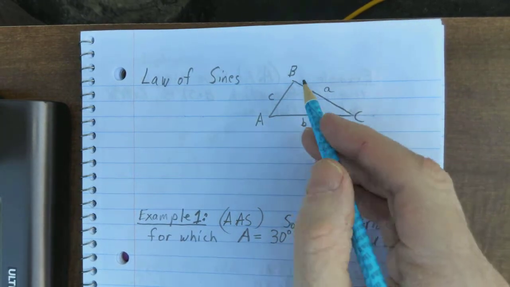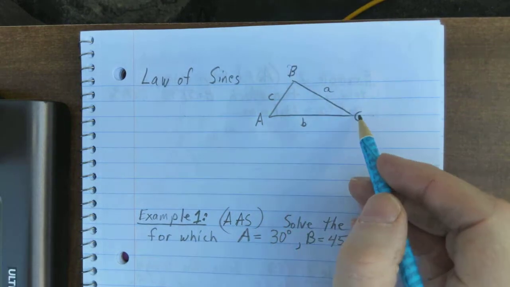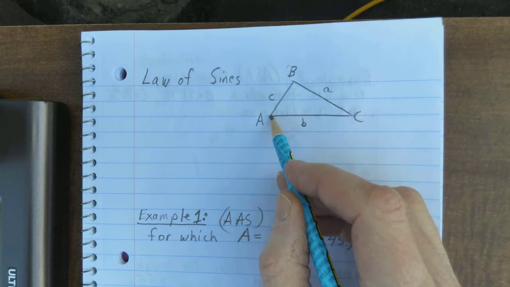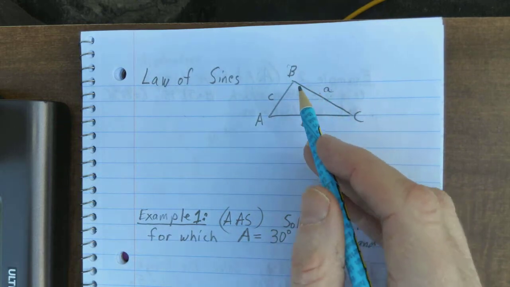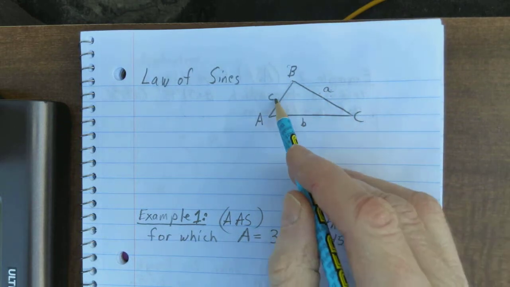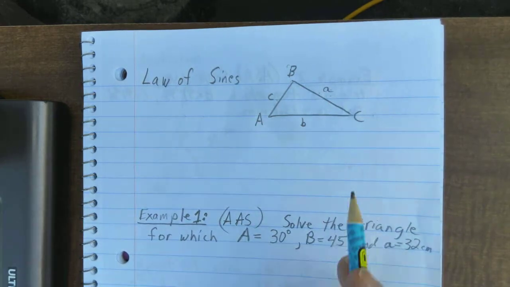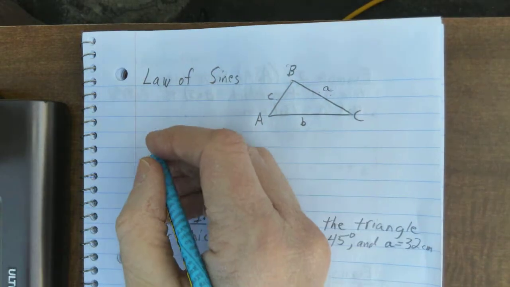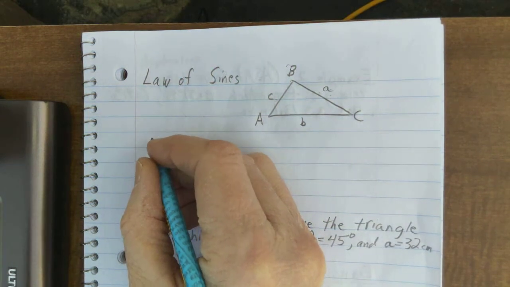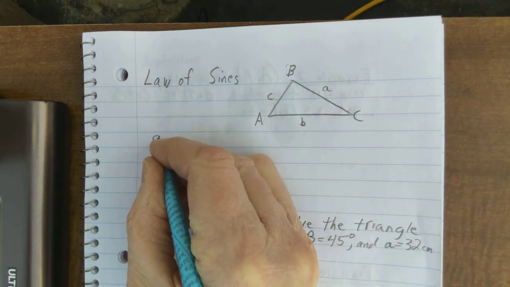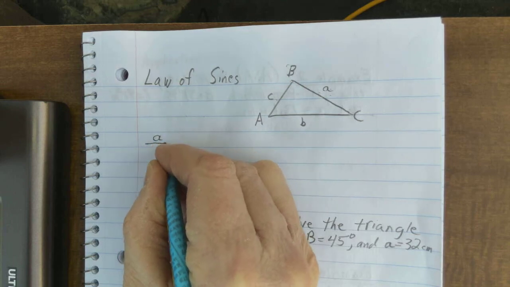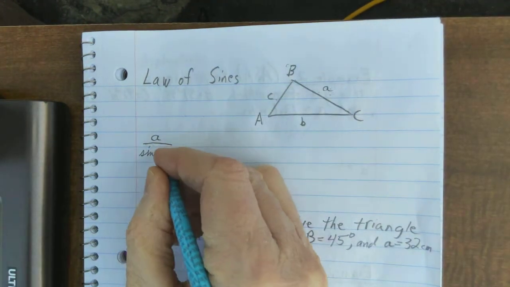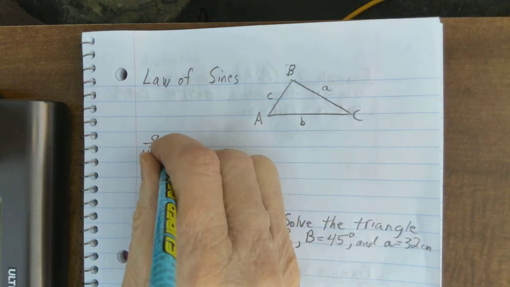And if you'll notice, the angles are the capital letters, B, C, and A. The opposite side of angle A, I use lowercase a, lowercase b here, and lowercase c for the opposite side of angle C. That's just a convention for getting this done. Now, the law of sines: if I take the length of this side here and make a ratio with the sine of angle A here,